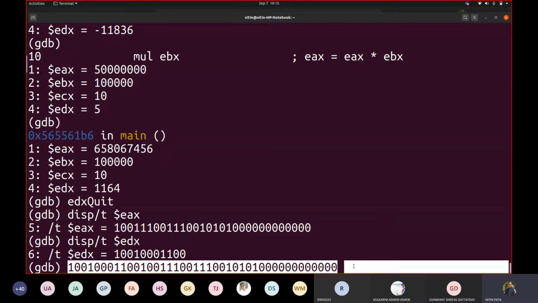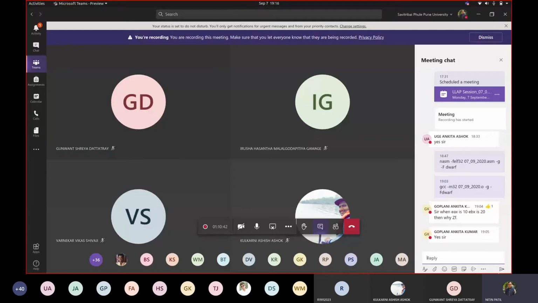Now you may ask, what happens when I add two 32-bit values? The same thing can probably happen, but it depends on how exactly the data is converted internally. It will try to fit in there only. When you cross the limit, as you must have experienced while working with C language, whenever you cross the range of the data type, you get wrong results. The same thing would be applicable here. Fine. Understood? Any question? So the combination is what?